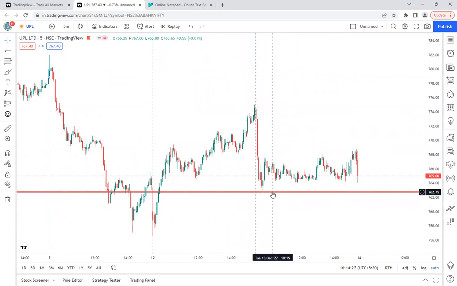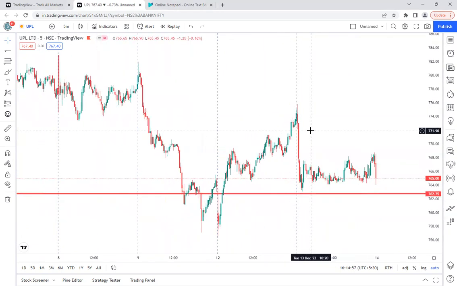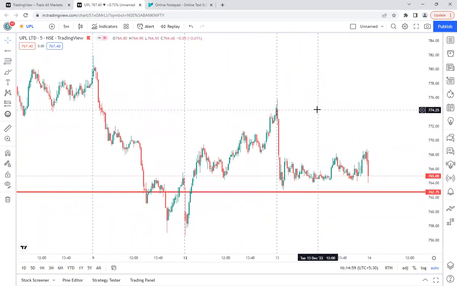Generally, if you want to take an intraday position, what comes to your mind when you see this fall is that even after getting good buying yesterday, the sellers again brought it down closer to the support. So today it may come to that support. This is what we all, even I, expected, that it will fall to that level. That is the general psychology and thinking that we have.